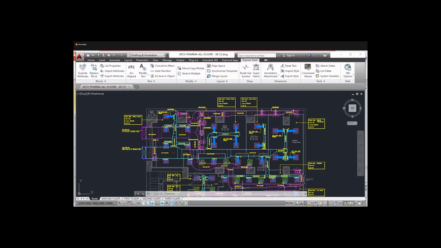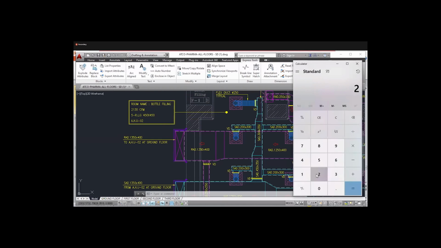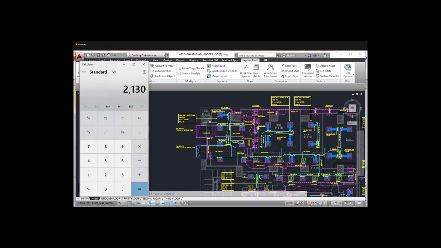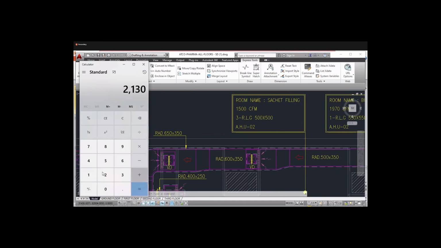So this room has 2130 CFM. The next room, 1500 CFM plus 1500, that is 3630.